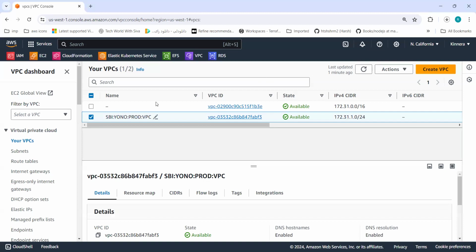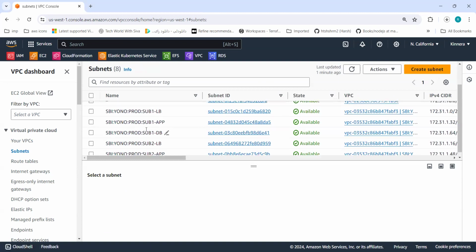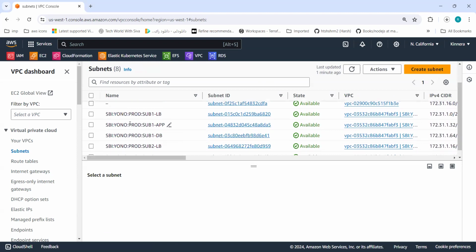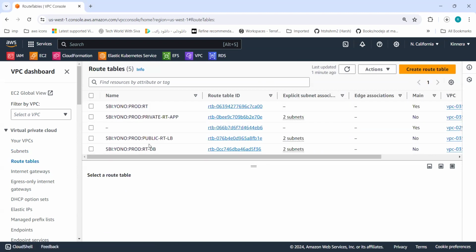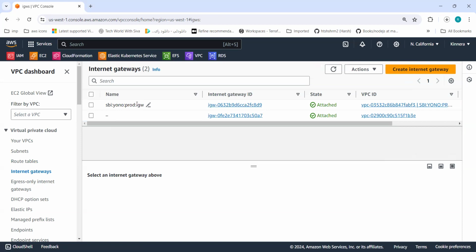See SBI YONO application, production environment, and VPC, virtual private cloud. So subnets, here 6 subnets are there, and 3 route tables for application, load balancers, and DB, and one internet gateway, because